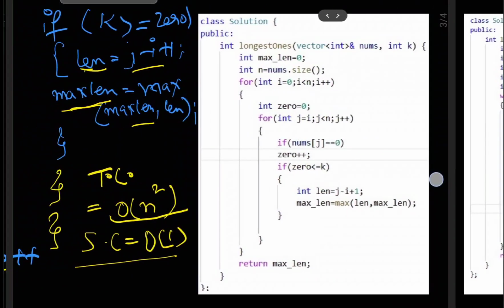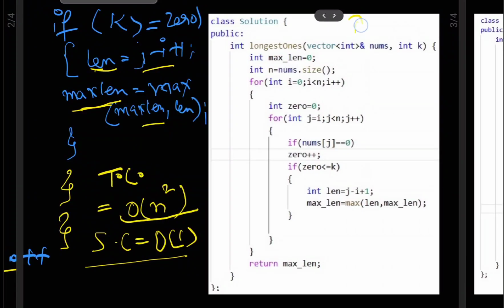This one is the code of the brute force approach, which has time complexity O of n square. So given is the nums array and k, how many zeros are there? Int max length 0, nums dot size. I will start my for loop from 0 to n. I will take my zeros count as 0, because in every subarray I have to consider and update the zeros count and the length simultaneously. So I am again writing the nested for loop,